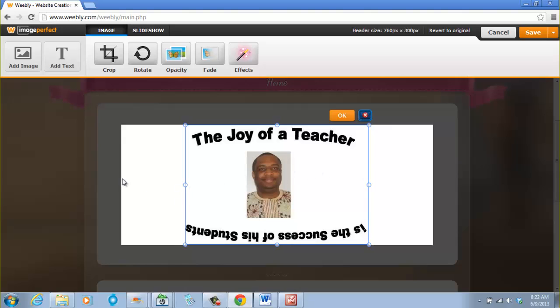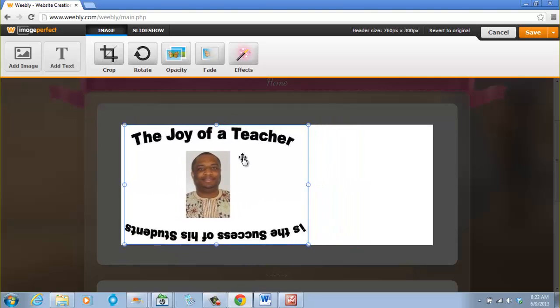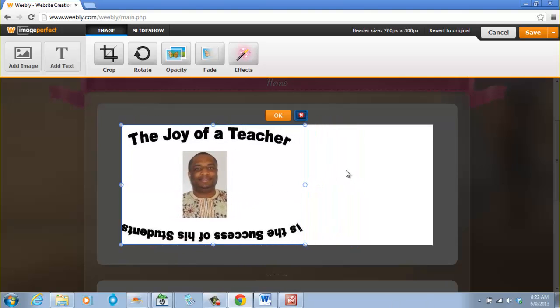But I still see there are some spaces here, right? There are some spaces here. I can move this towards here, move it here, and I can add another text. I can add another picture here, or I can add a text. Anything I want to do, I can actually do that. So now another thing you can do is that you can actually